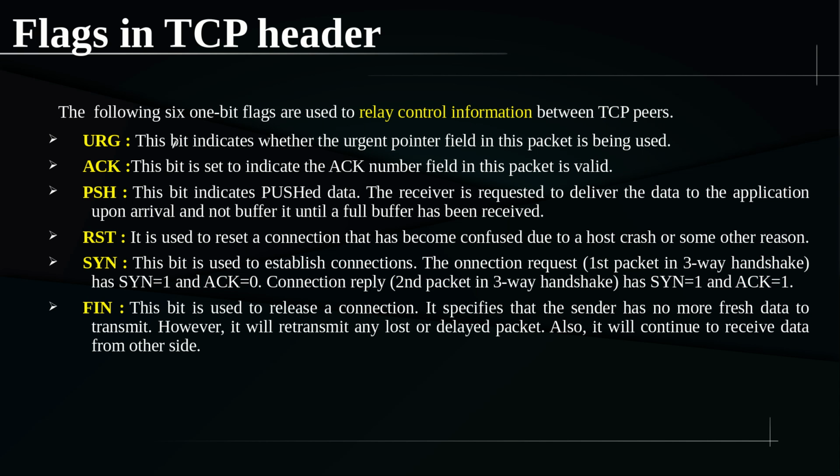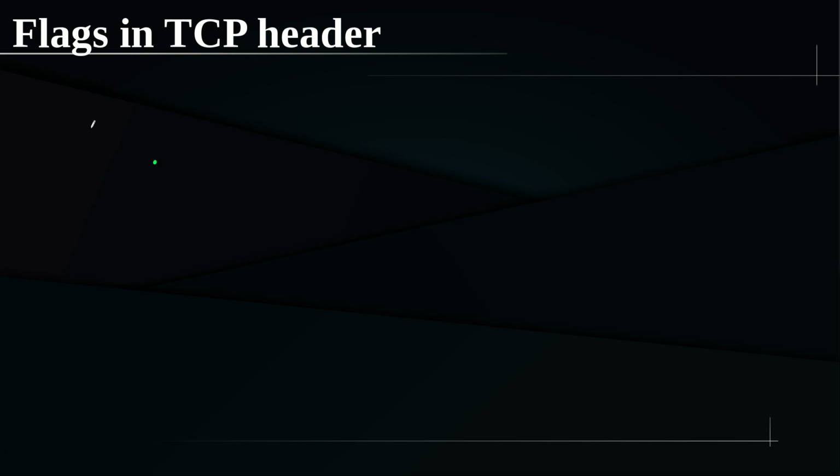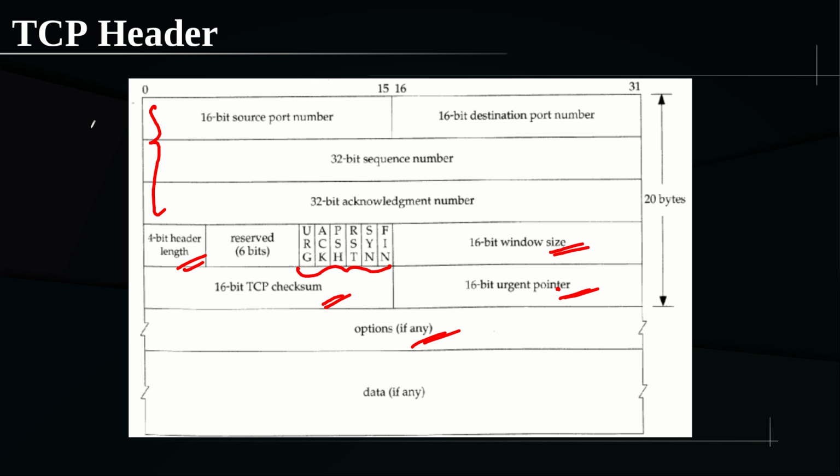But if you keep on giving such permission to every user, people may misuse it. So it's used in critical situations only, maybe at the network administrator level. Anyway, that is the thing. And we have a field also in that header, I hope you remember. The urgent pointer and the urgent flag work together: whenever the urgent pointer field is active, the urgent flag will be 1.